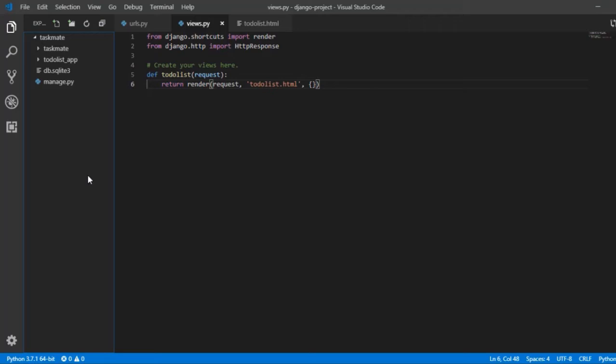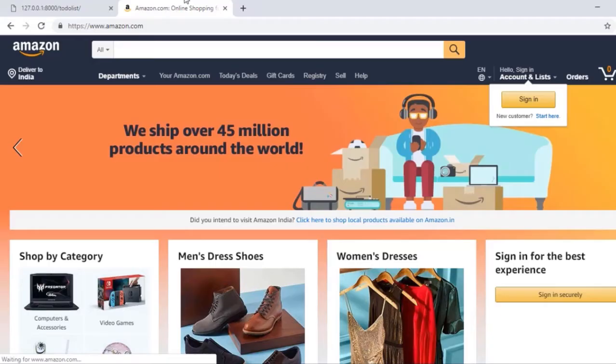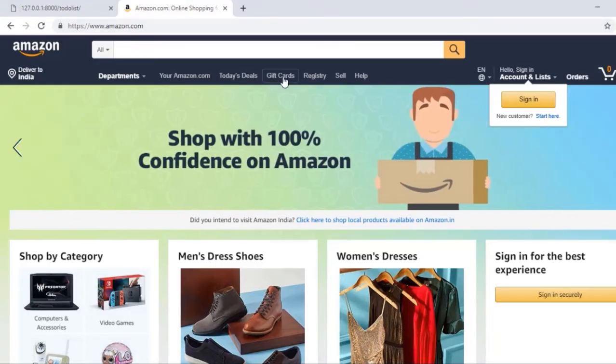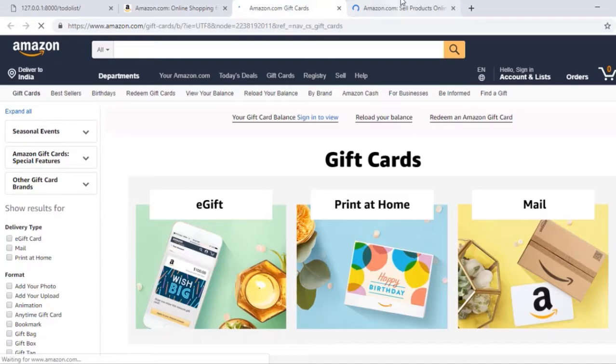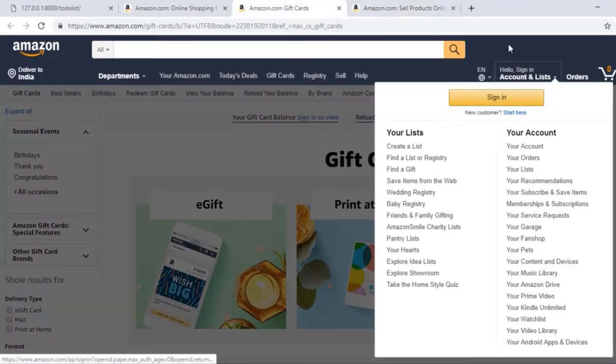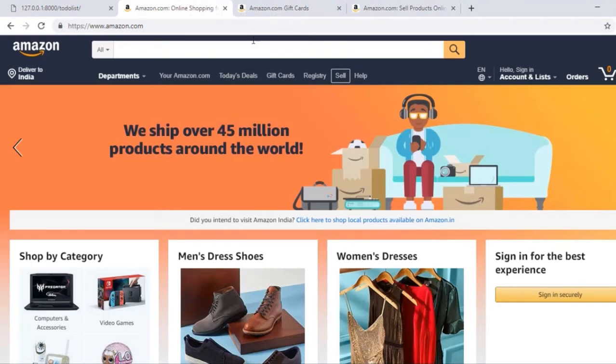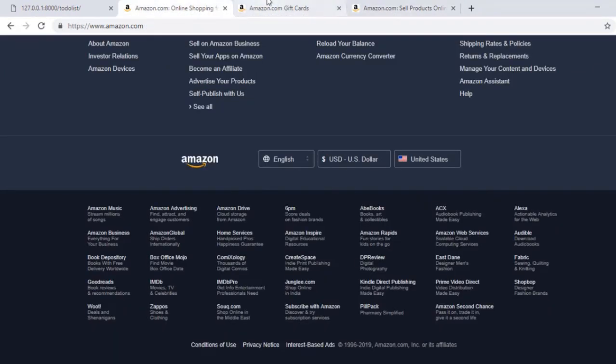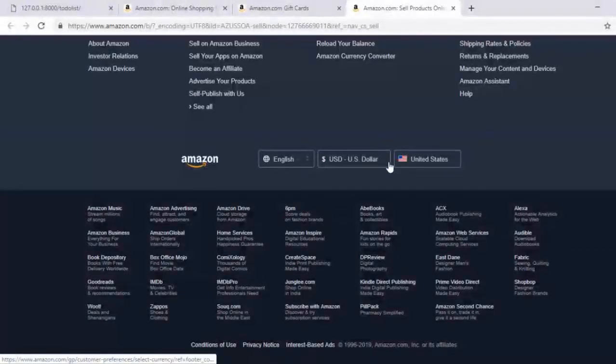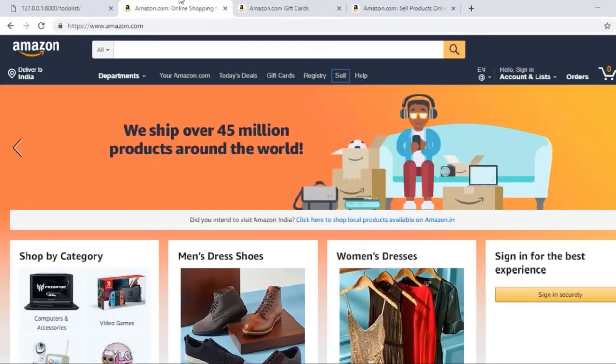There would be some common files. Common files like some common images, some common structure. If I talk about Amazon.com, you would see there is some common structure. Even if there are different applications, like if I open the gift card section, or the seller section, you would see there is a common header which is common for all. So there are different applications, but this header is common. You would also realize the same with the footer. So on all three different apps of Amazon, there is something common, which is called common templates, the common files. So the Amazon logo would be common on all applications. Even if I open Amazon.com, its seller page, its login page, everything, this is the common part.